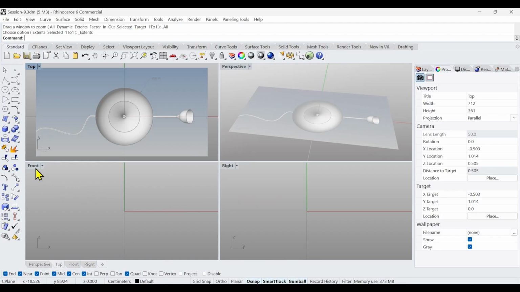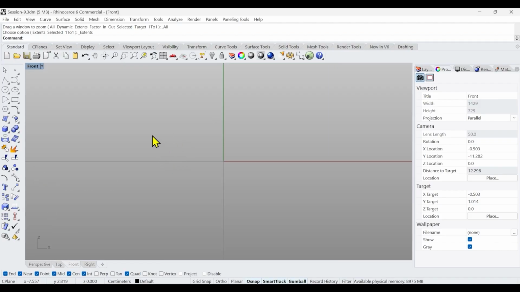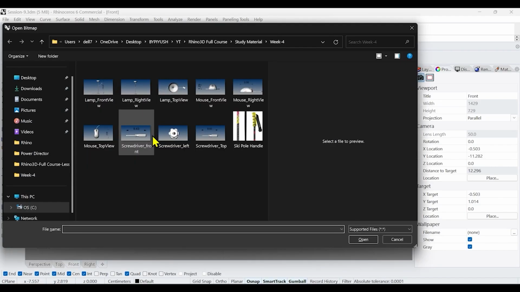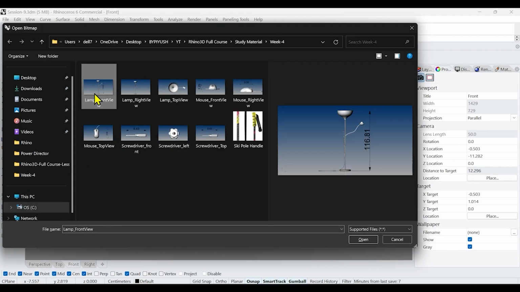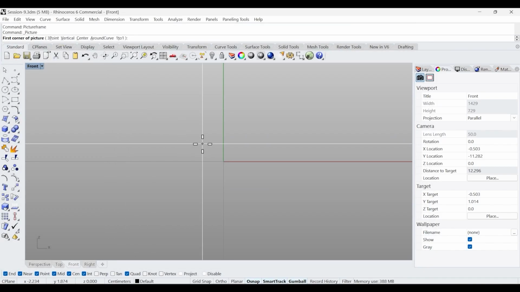How the front of this lamp will look. So for that, I will go to the front view board and follow the same step. Picture frame, and this is my front view. You will also find these images and double click it. Do the same,